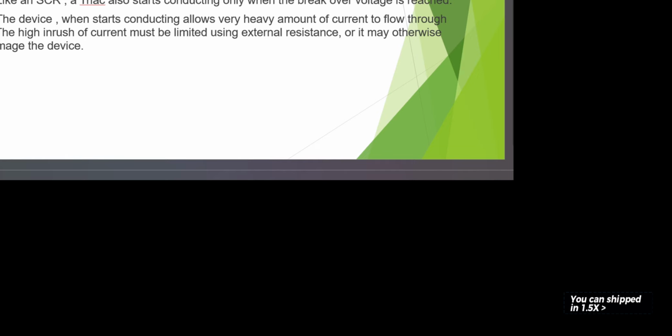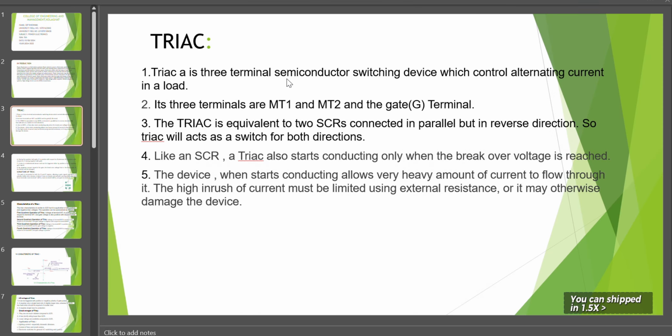What is triac? First, triac is a three-terminal semiconductor switching device which controls alternating current in a load. মানে alternating AC কারেন্টের সাথে যে লোড থাকে যেমন ফ্যান। Second, it has three terminals: MT1, MT2 and gate terminal. Third, the triac is equivalent to two SCRs connected in parallel. মানে দুটো SCR parallel connected but in reverse direction. So triac will act as a switch in both directions. মানে triac both direction এ switch হিসেবে কাজ করতে পারে।